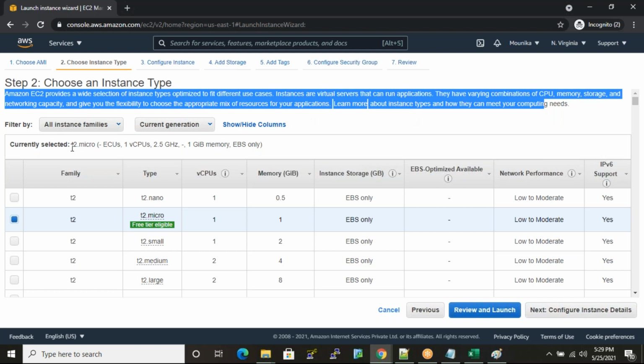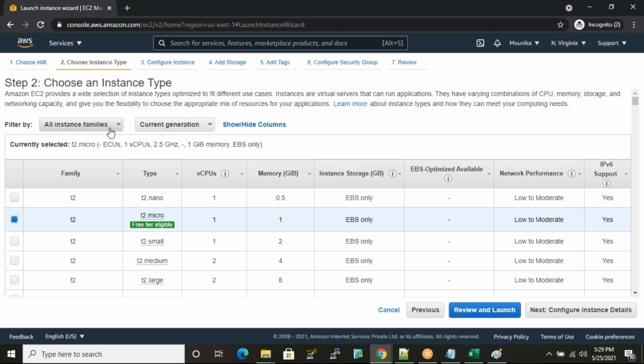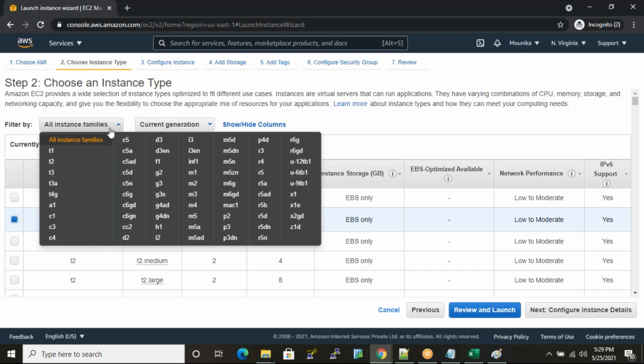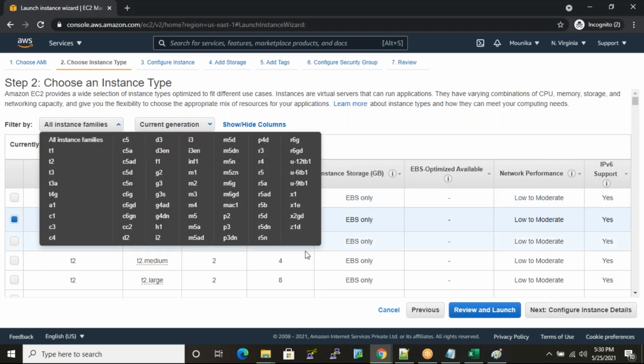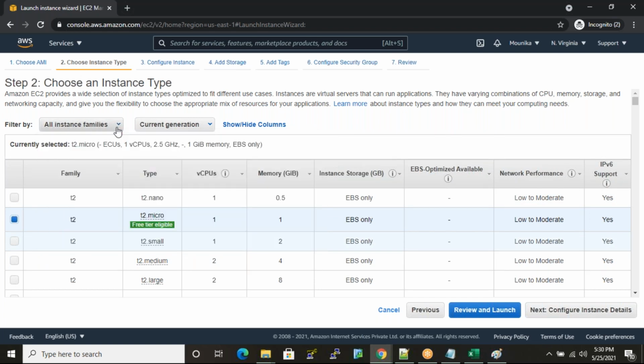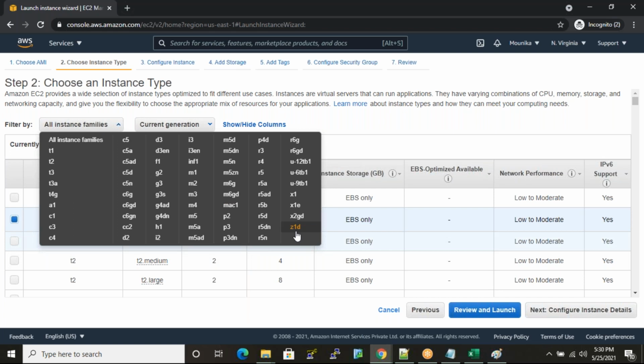In this we have many families, from T1 to Z1D, with versions like current generation and previous generations. Now I select current generation. T1 is the basic configuration, and Z1D is the higher configuration.